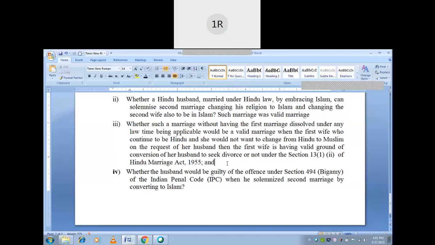If you want, you can change your name. Yes, you can change your name. Change your religion. Yes, you can change your religion. And if you want to change your citizenship, yes, you can change your citizenship, provided the other country is going to give the citizenship to you and you fulfill the conditions. Are you following me? Following, sir.